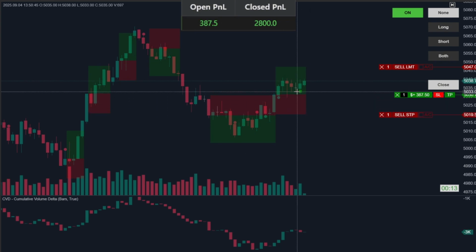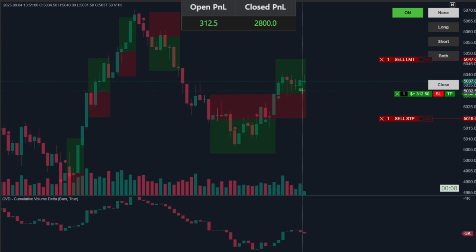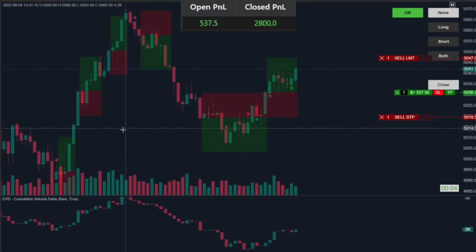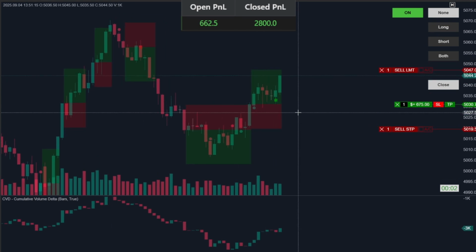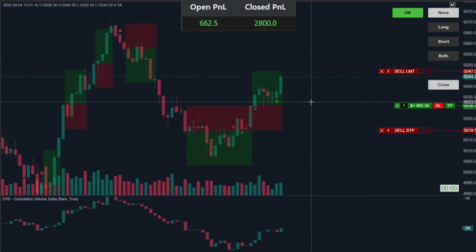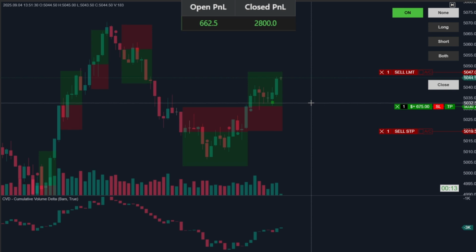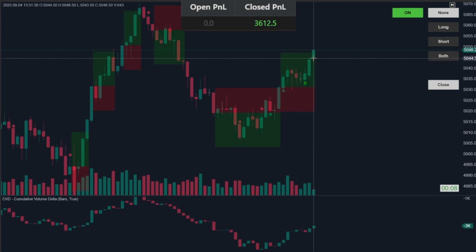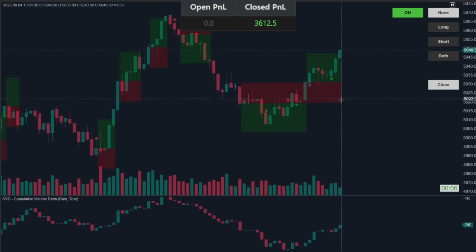Okay, we get a liquidity catcher signal. Very good confidence booster. So it looks like price wanted to go down, but a lot of limit orders at that level pushed it back up. And as you can see now, that's obviously had an effect on the price and an impact on this trend. And order cancelled. There we go, guys. We're going to hit our take profit, and we're going to end it out on $3,600